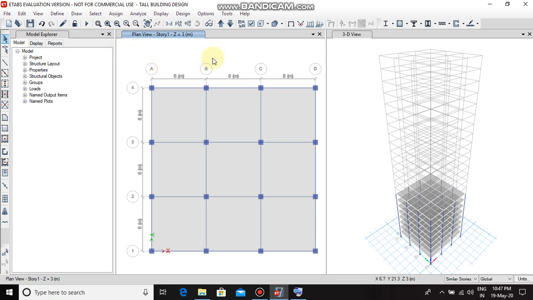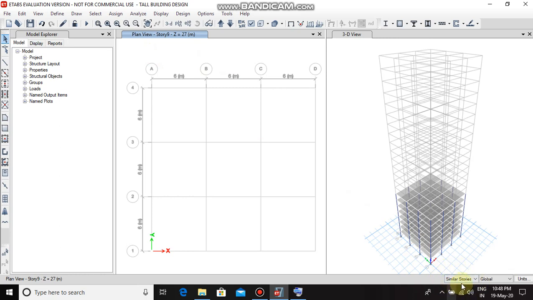Now for story 9 to 14, select any one. I am going to select floor 9. As you can see from here, plan view story 9.